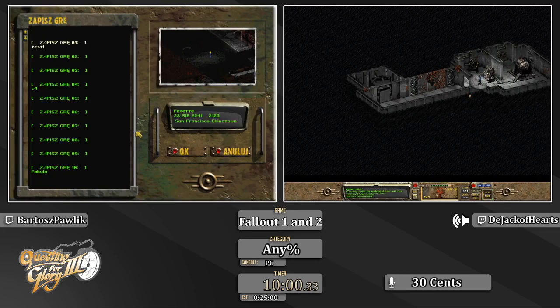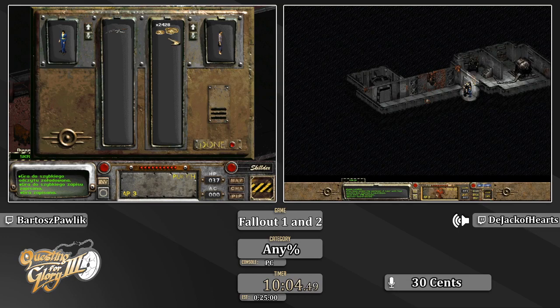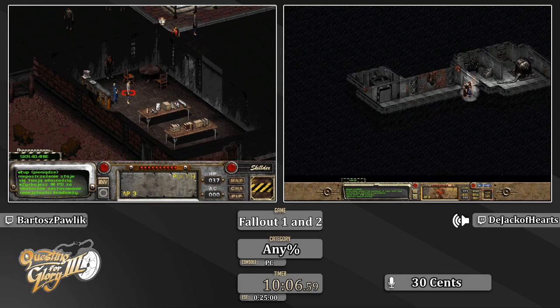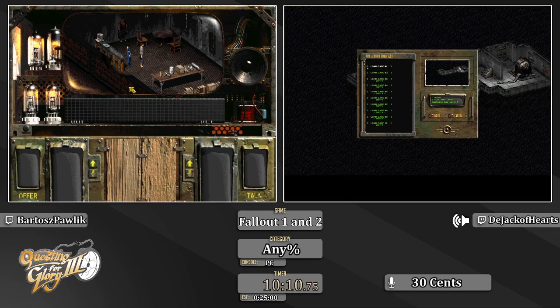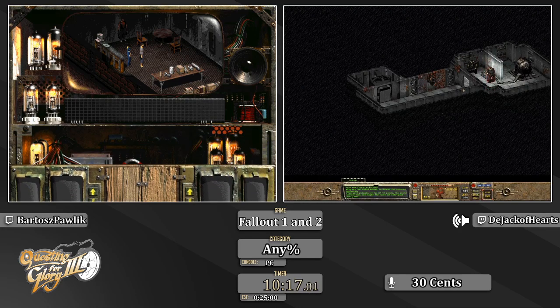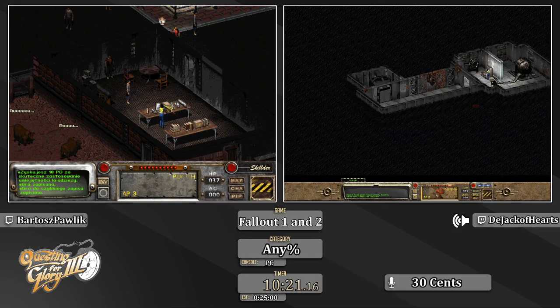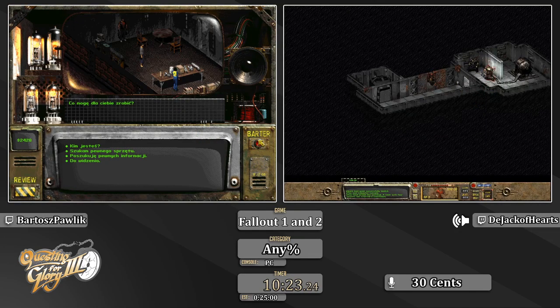Okay, so Pawlik's at the shop right now. We're looking for a few items here. We're looking for Psycho to lower our intelligence. We're looking for super stims, about five or seven super stims. There's two you could pick up in the final area of the game, and we're looking for four C4s,